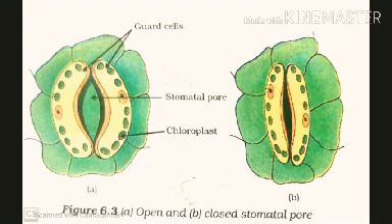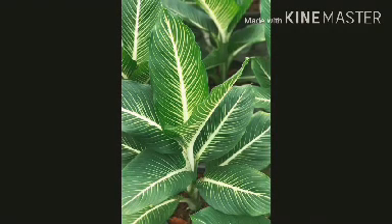Now it must be noted that in addition to leaves, stomata are also present in the green stems. Means whichever part of a plant is green in color, you will find stomata in those parts. Now one thing should be noted: in most broadleaf plants, the stomata occur only on the lower surface of the leaf. We have just studied that the stomata are present in the lower epidermis. It is only in the case of broad leaves.